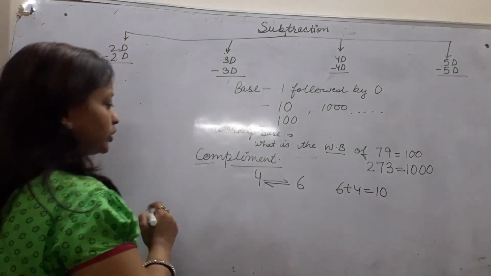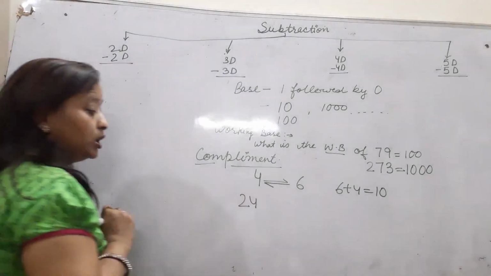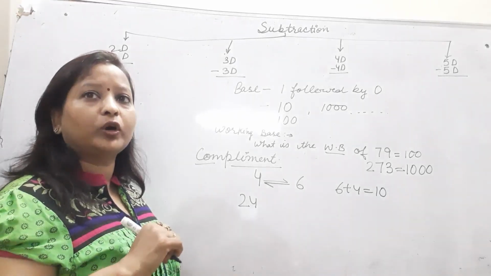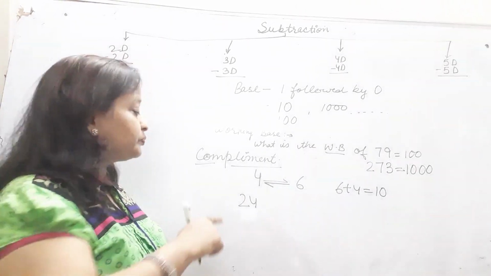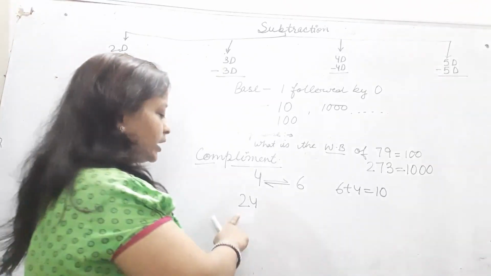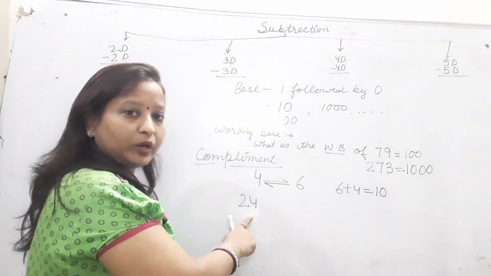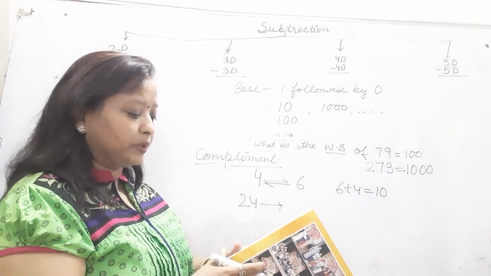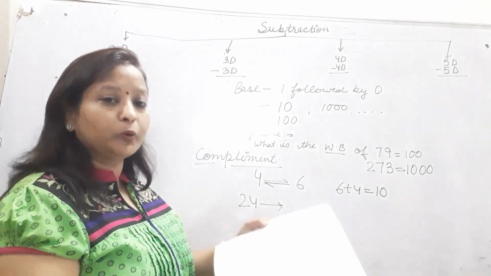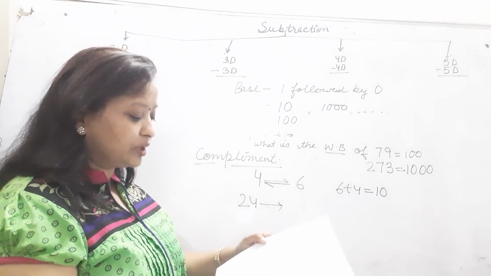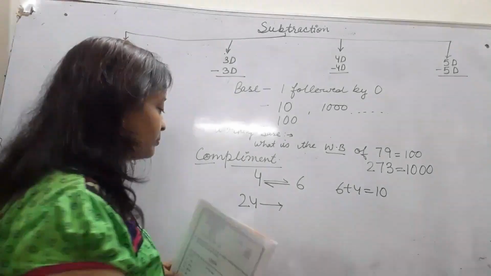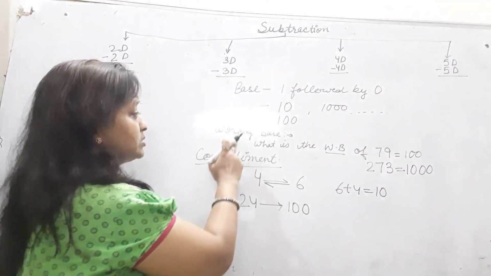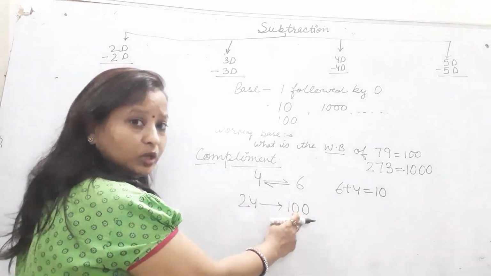It is clear. Next, what is the complement of 24? What is the complement of 24 means, what I add in 24 to get 100. Why 100 ma'am? Because there are 2 digits and the working base of 24 will be 100. तो आपकी बुक में when you open the book there is the page number. I tell you the page number 4. When you open the page number 4 you will see the question and you have to write the working base. Working base means 24 का working base हो गया 100. I told you what is the meaning of working base. Number of digit should be equal to number of 0.